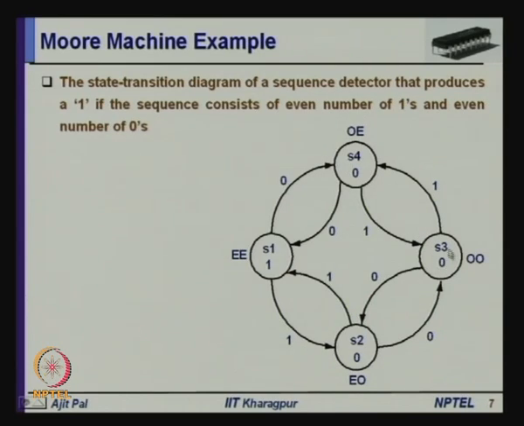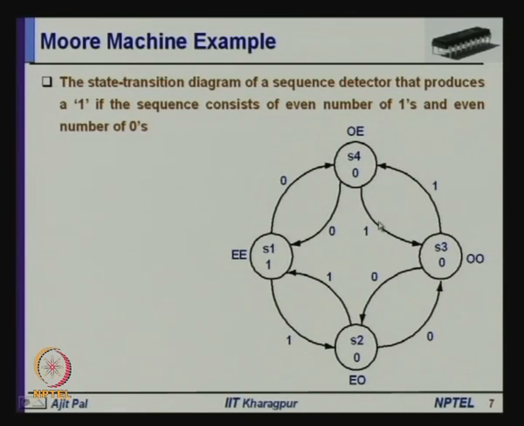So, it goes to state S3, but whenever it is in S3, if a 1 comes, it goes back to odd-even, that means the number of ones becomes even. Similarly, if a 0 comes, it goes back to state S2. So, this is how state transition occurs, and at the end it may have a number of zeros and ones